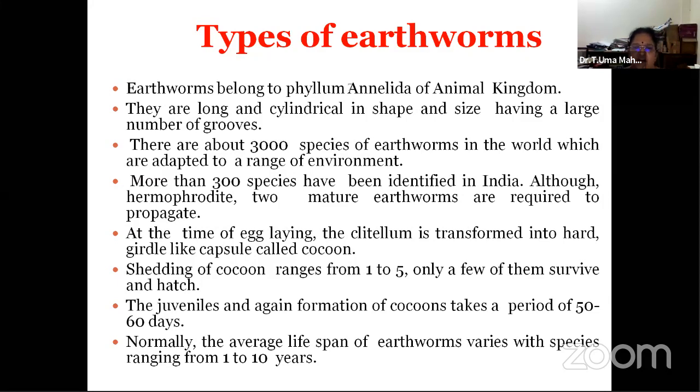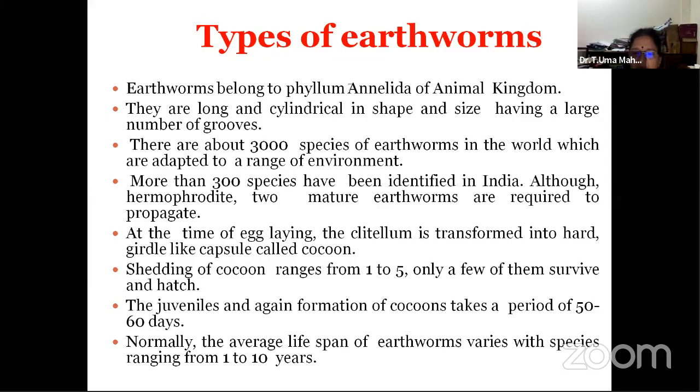As per the slide I am showing you, it gives information about the biology also, where we can see the earthworms which survive and hatch, and they form a cocoon. Then they survive for about 15 to 20 days, the development period, and the average lifespan of earthworms is generally 1 to 10 years. This is the basic aspect of the biology, but the main period we need is from egg hatching to adult formation.